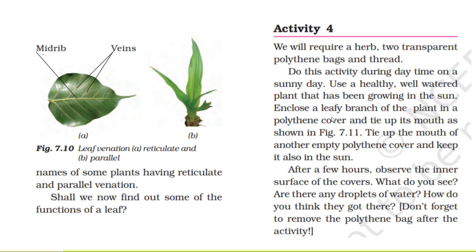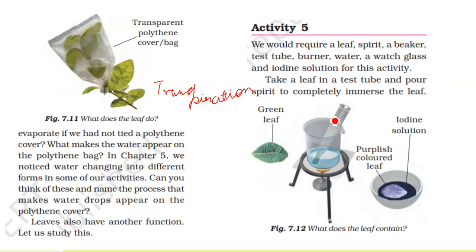Then we will take a healthy plant which is well watered and growing in the sun. We are supposed to perform this experiment on a sunny day when there are no clouds. We will select one branch, cover it with a polythene cover and tie up its mouth, as you can observe in the figure